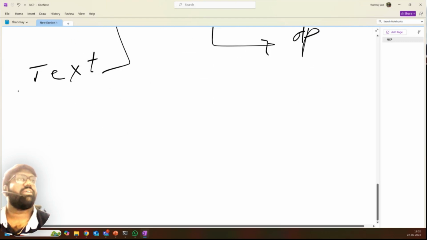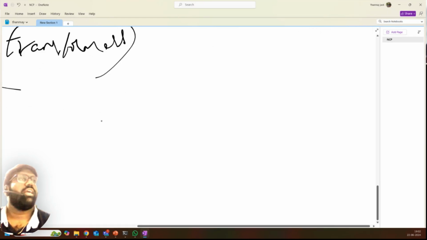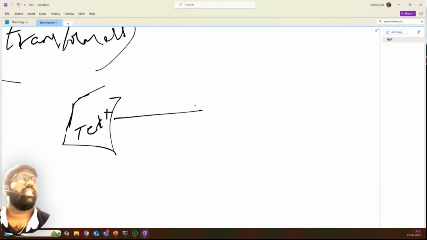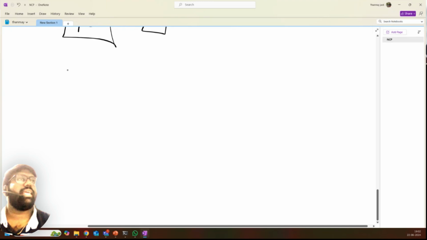And then next you have something called transformers. With transformers you give a text, it goes through the transformer mechanism, and you get a text. The latest example is ChatGPT,